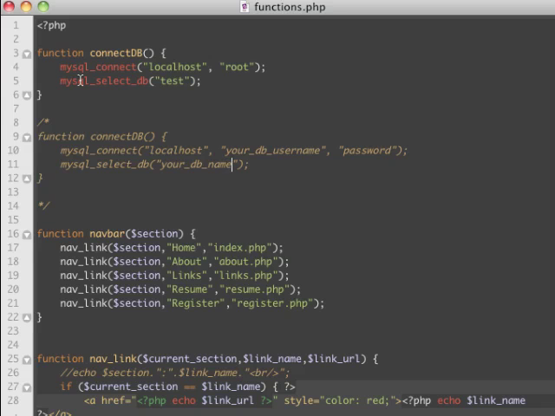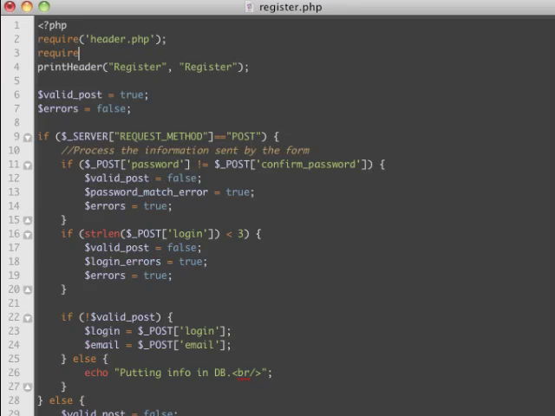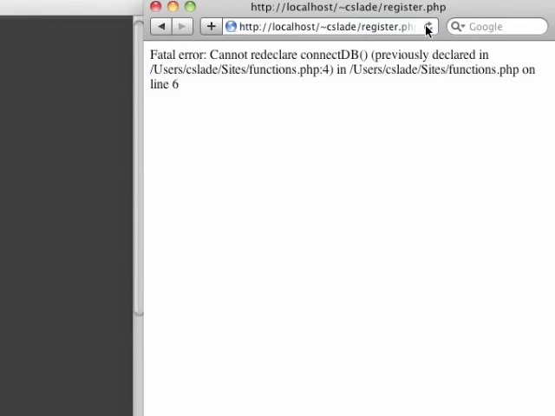local machine. And now, to make sure that that gets in here, I'm going to require the functions page. Now let's see if that all worked. And if you notice, we have this error right here: cannot redeclare connectDB, previously declared in the functions, that's line